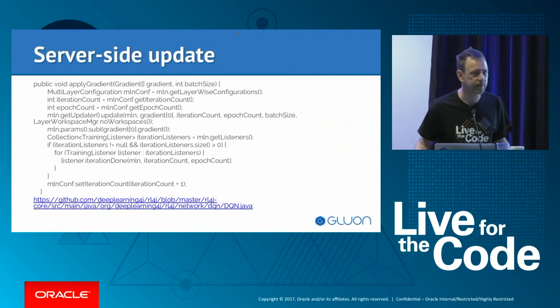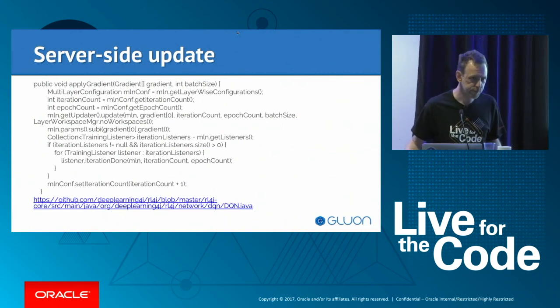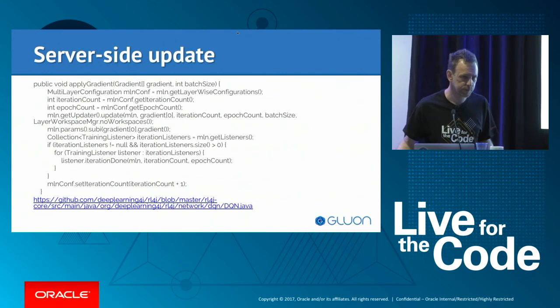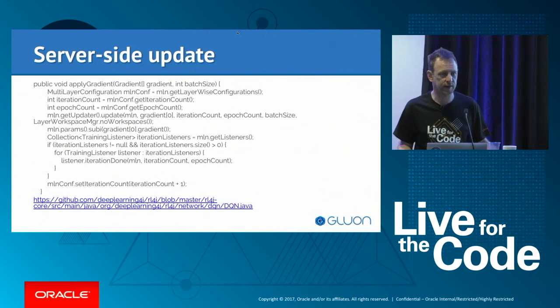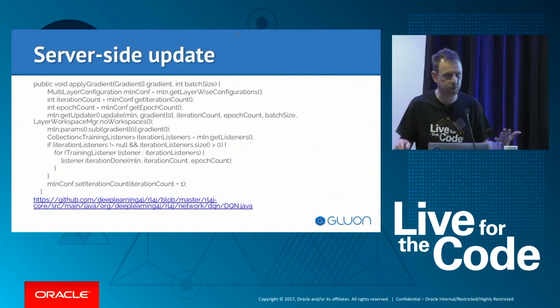Yes, question there. How can you control the limitation of the number of the local device? If the client wants to send lots of data and train it on the local device, how can you control it? How can you control the load on the client, you mean? So if the client has 1,000 predictions and it can't process that locally anymore,